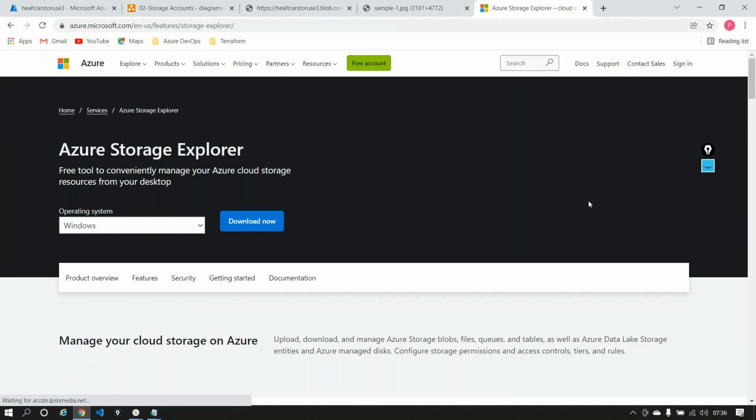Very, very simple software. You can just download it and install it on your laptop just like you do a VLC player. You can just download this, double click on the installation file and install it.